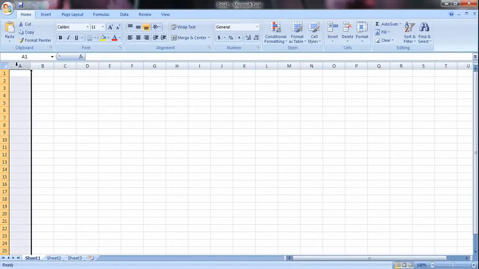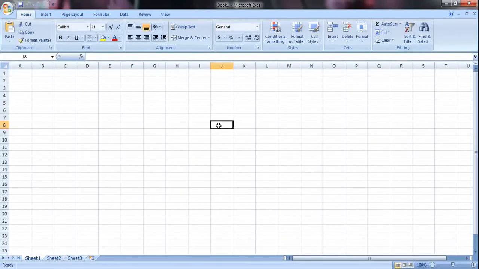So whenever I select any cell, its name will be given by first the column name and then the row number. So if you see here, if I select this cell, this is column D, row 5. So the name becomes D5. Similarly, if I select this, the column here is G and the row is 2. So the name is G2. Accordingly, you can name the other cells as well. So first comes the column name and then comes your row number.